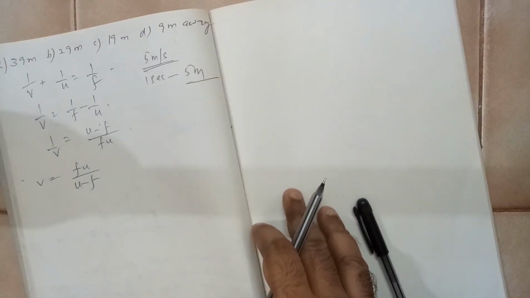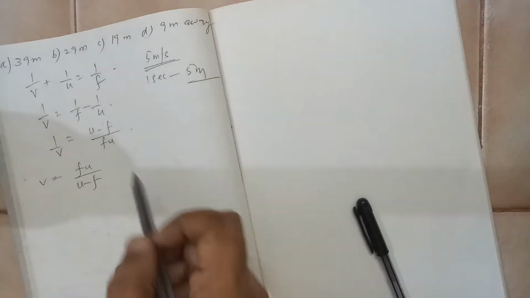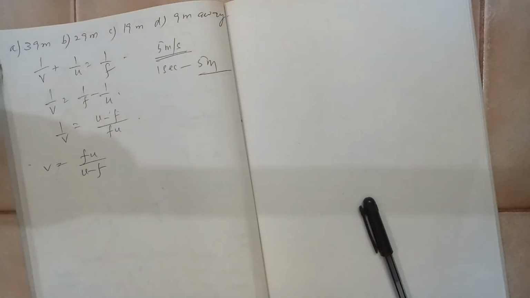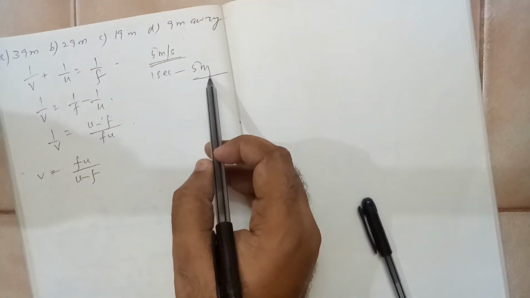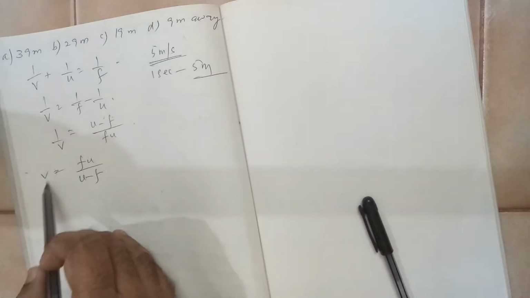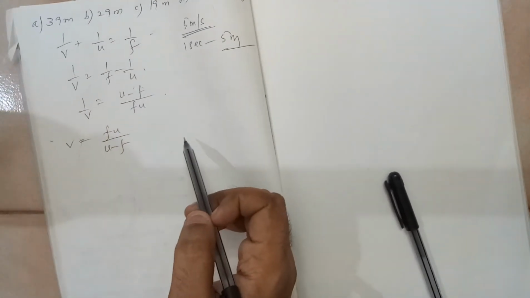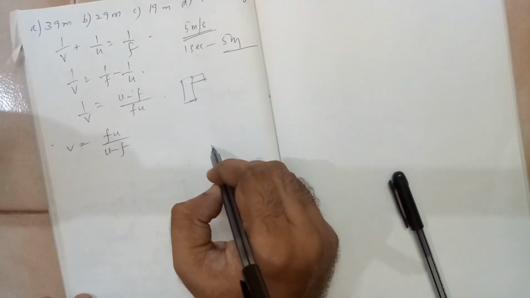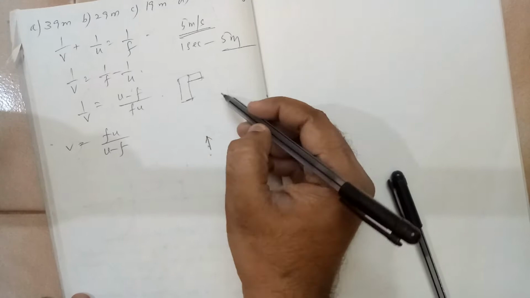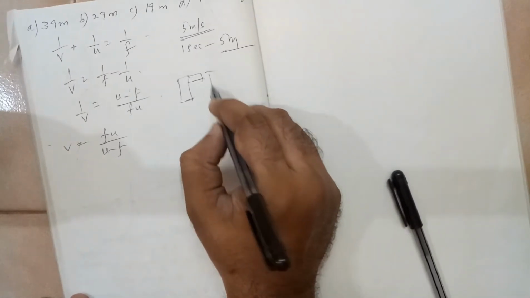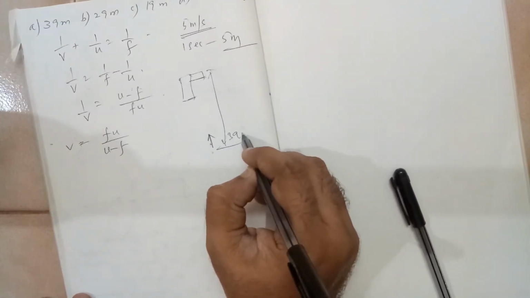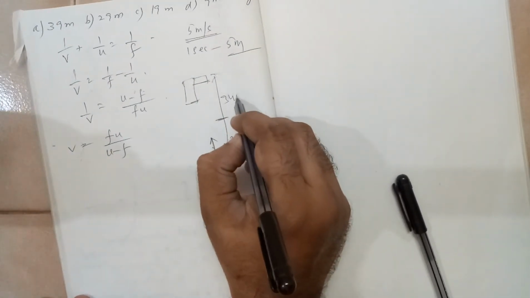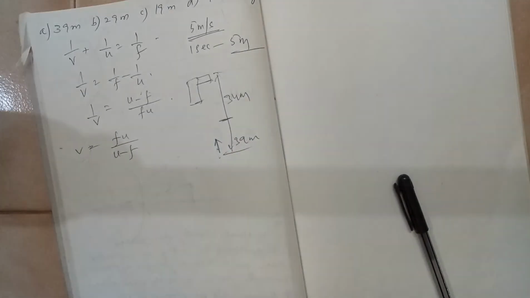Now in this equation, this v is the image distance. So in 1 second he is moving 5 meters. So what will be the situation with the image distance from the mirror? See, the person is sitting, there is a rear view, this person is running like this. Now this distance has been given as 39 meters in the first question. So after 1 second he will be here, which will be 34 meters, because 5 meters it will reduce.